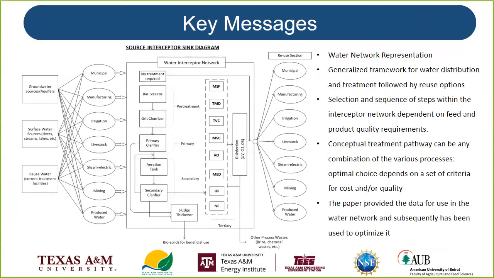But this is what we have as of now: the pre-treatment, the primary, the secondary clarifiers, and then the tertiary, primary treatment, secondary treatment, and tertiary treatment. Then we get this water out at certain qualities which will be available for reuse in the same sectors that we got those wastewater from. So with that, I would like to conclude, and if there are any questions, I would like to